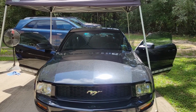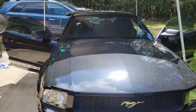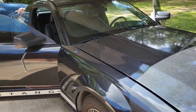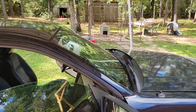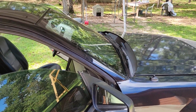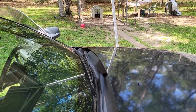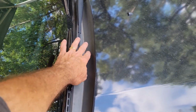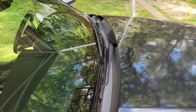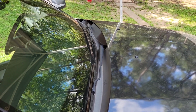Alright, something different today. We are going to be doing a video on my son's '05 Mustang. Now, this is a common problem on the '05s to '09s, that you get water in the floorboard. If you search on YouTube, most of the time you will find underneath this cowling here is what people say the problem is, and it's one of the problems. There's actually two, or maybe even more, but